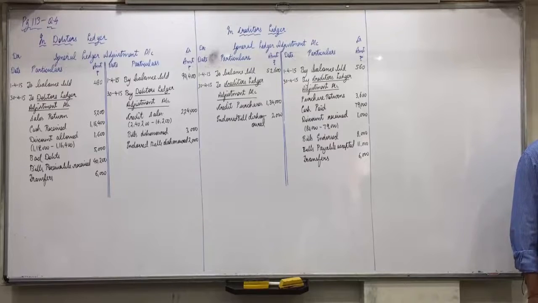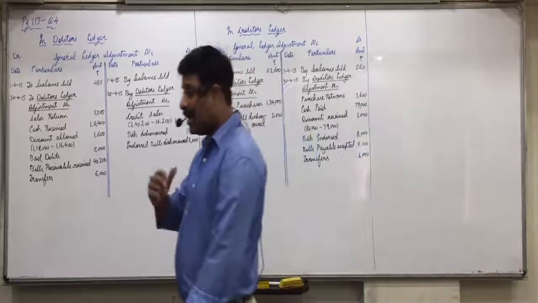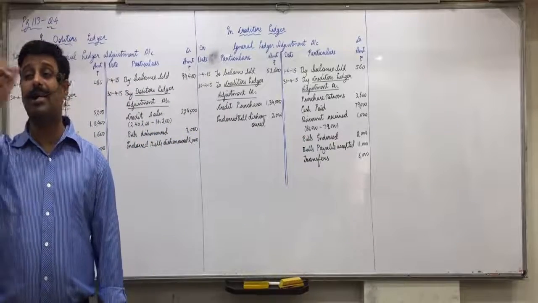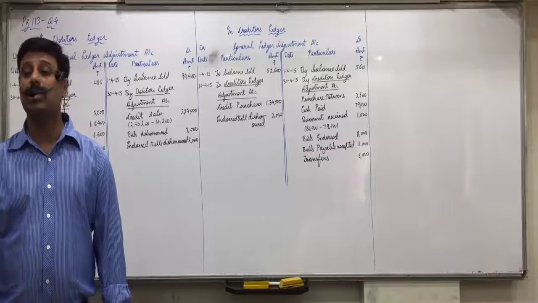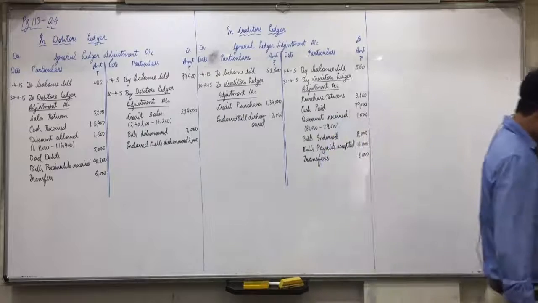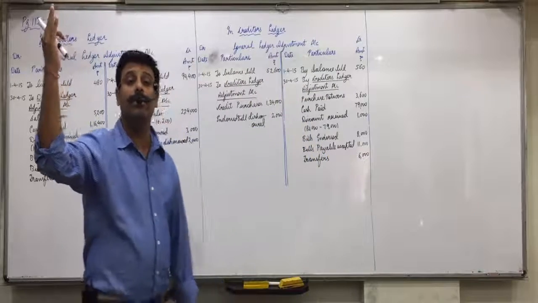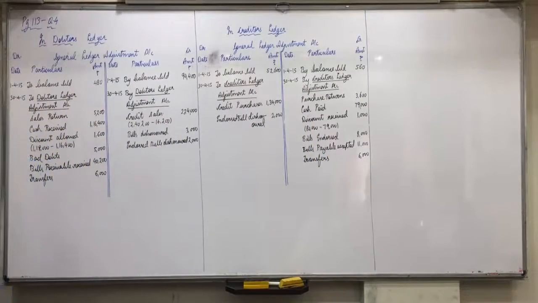Now 3415 means closing balance. Credit balance of debtors ledger was 760. Now listen carefully. I've been telling you earlier, if it's a debit balance, opening balance will come on debit side, closing balance will come on credit. Closing balance always comes on opposite side. Credit balance of debtors ledger, closing balance, in debtors ledger it would come on debit side. If it's a debit balance, then closing balance we will write on credit side. If it's a credit balance, we would write on debit side. Okay.